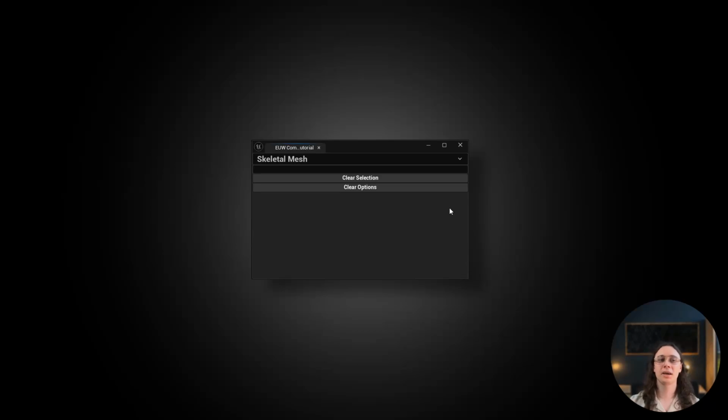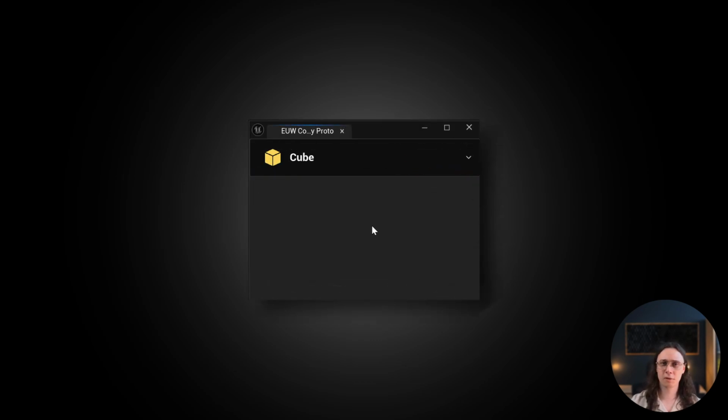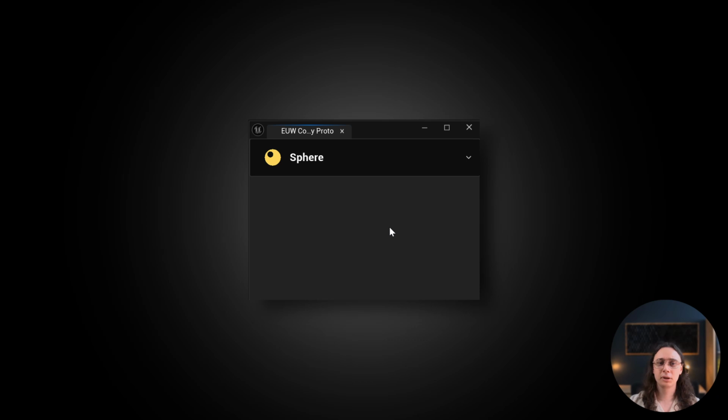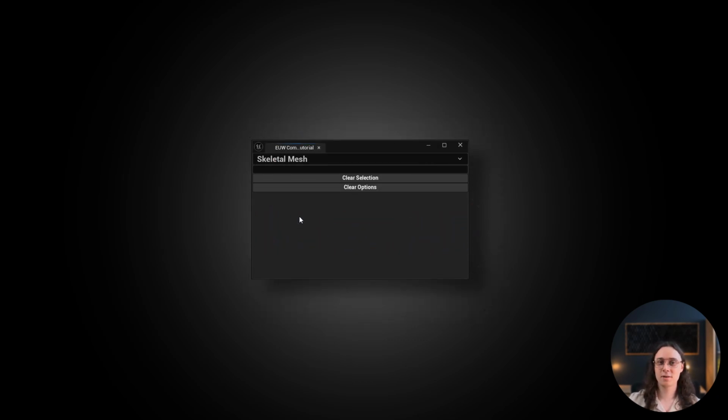Combo box string is super easy to implement in editor utility widgets, and I will show you how. It is a selector widget that can display text-based options, and it has a little brother called combo box key that can also display custom widgets. However, in this tutorial, we are going to focus on the simpler option, and we'll create this widget where you